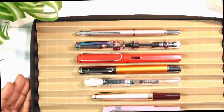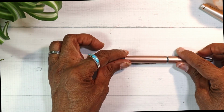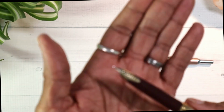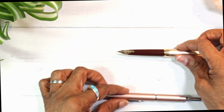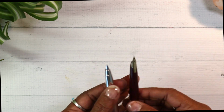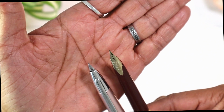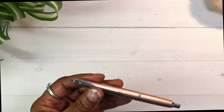Interesting lineup here. I want to compare the nibs for these two. Let's put this aside for now. This one, if you know about it or have it, oh, that's such a smooth nib. It's an inlaid nib. It is one of the prettiest things I've seen. So it is actually slightly smaller than the E95S, which is kind of cool. And such a satisfying snap on that one. But yeah,